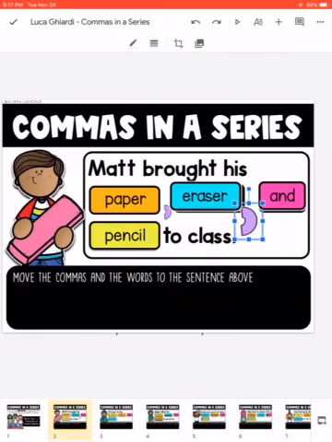And don't ever be afraid if it's a struggle and it's becoming too difficult. There are always lots of other options to do. Let me know. You could write the sentences out, put the commas in. You could type them, send them to me. I'm not so concerned with how the assignment is done, just